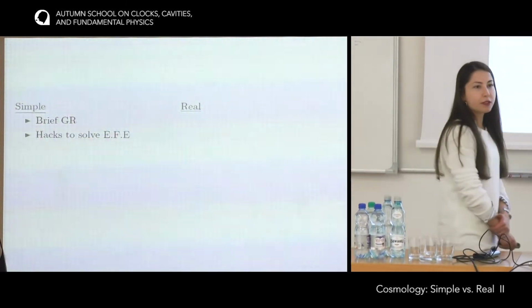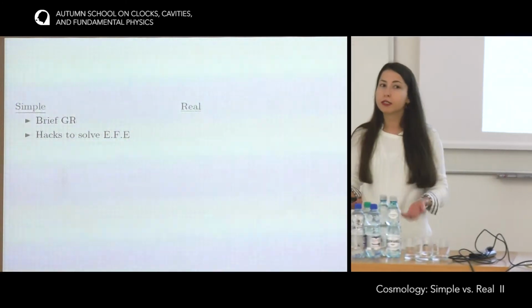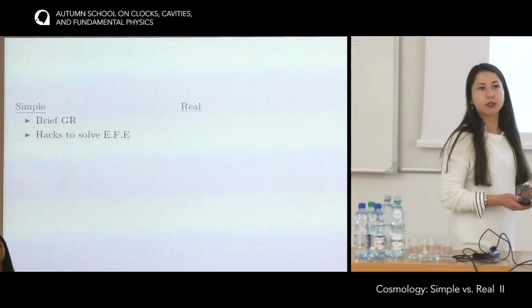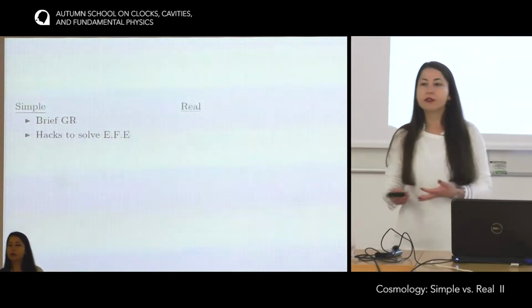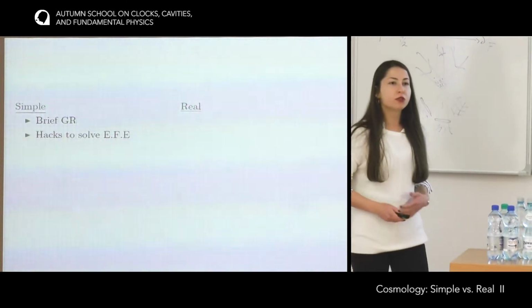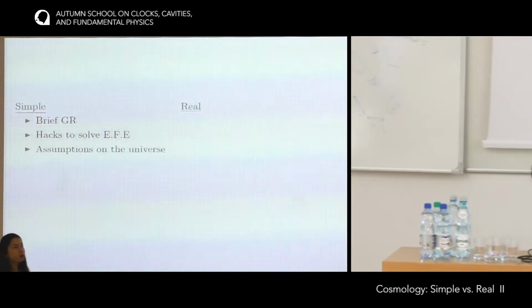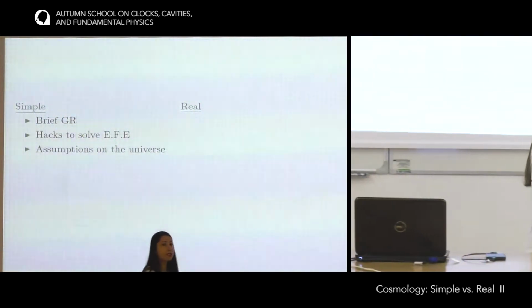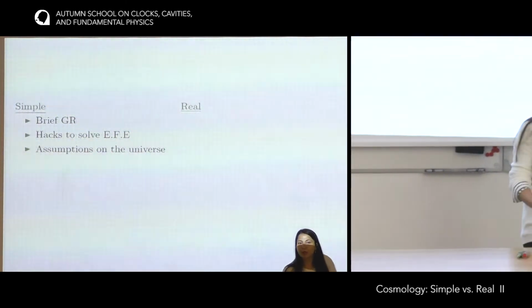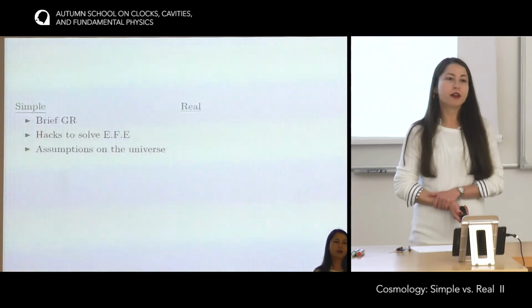And I talked about simple tricks to solve Einstein equations, which are usually very hard to solve for realistic scenarios. And I said that you can either go to a weak limit to have solutions like gravitational waves, or you can impose some symmetry conditions on your system so that solutions are easier to be solved. And we applied this trick to cosmology by applying some assumptions on the universe, and that gave us some symmetry conditions. We said that we assume that the universe is homogeneous and isotropic, and that gave us a very simple